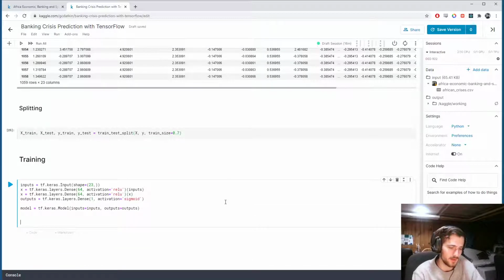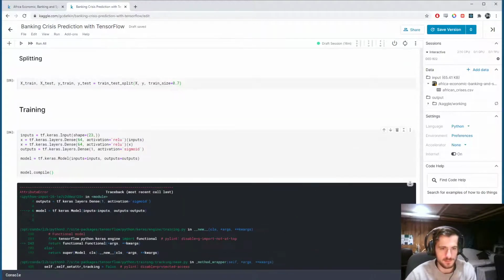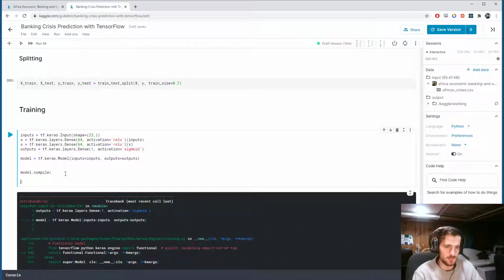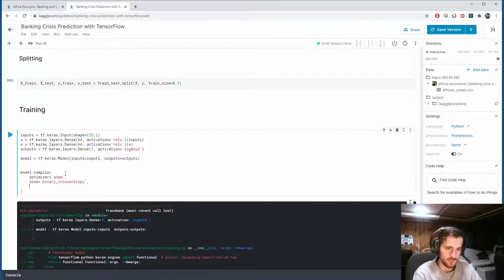Alright, we can compile our model. We can use the Adam optimizer. And for our loss, we'll use binary cross entropy. And for our metrics,